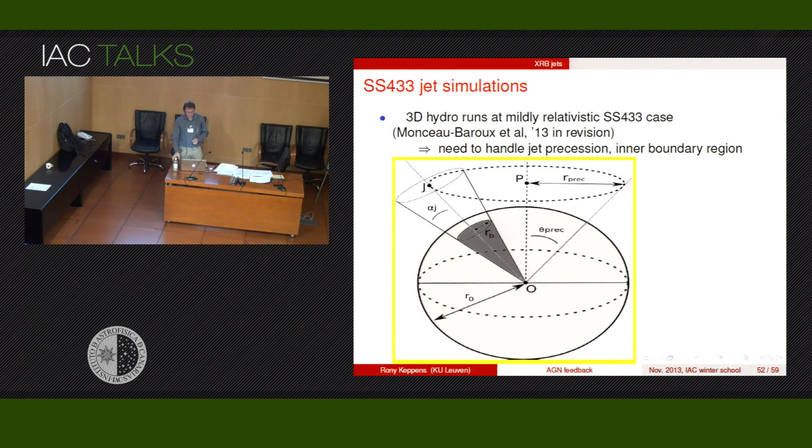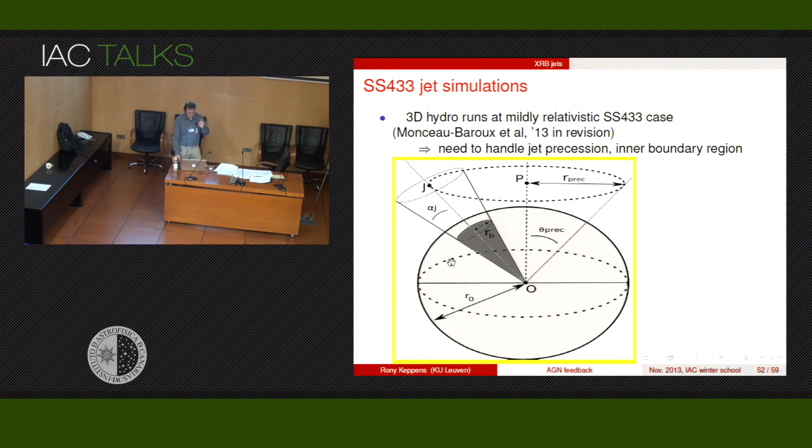We're actually going to go to scales that match these VLA type simulations. And so we're going to cut out a spherical region of the order of 0.008 parsec or so. Again, the system itself and the launch processes are not dealt with. But we know that there is a jet that has a certain opening angle, which is known. In fact, we take values from the literature, and we take it a little bit wider than the